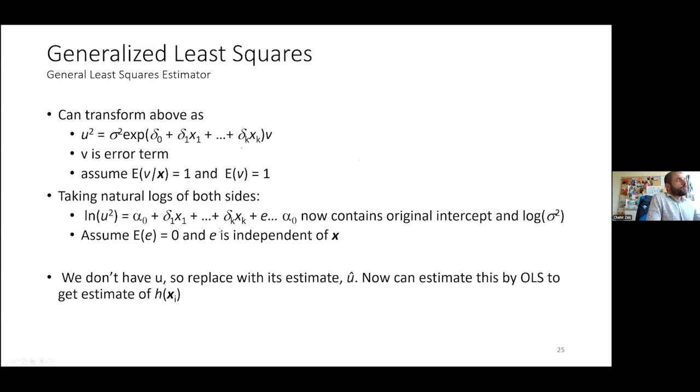And here we assume that the error term has an expected value of 0 and a constant variance, okay? Which is basically here, and the error term clearly can be replaced with the residual because that's what we can estimate. So I can run this regression, and then once I run this regression,